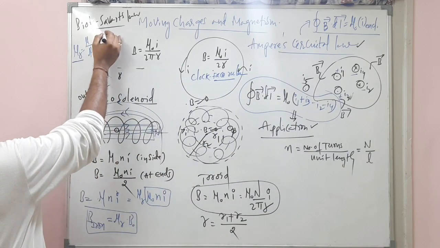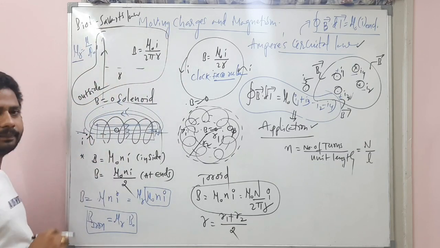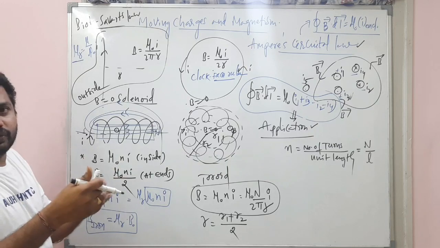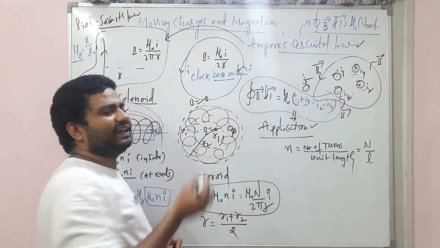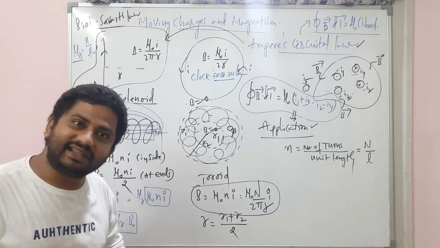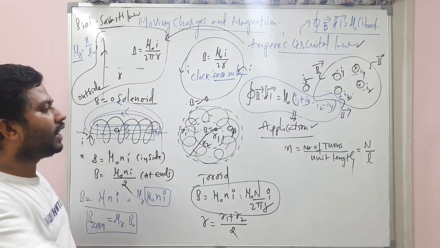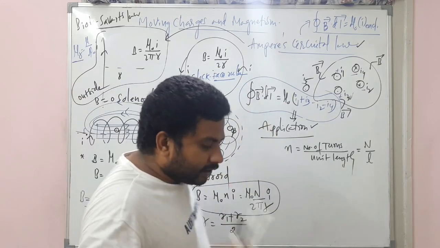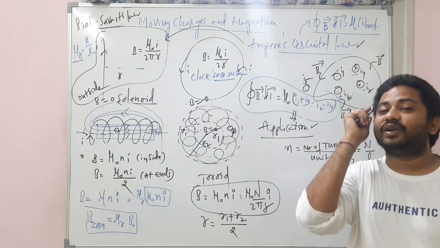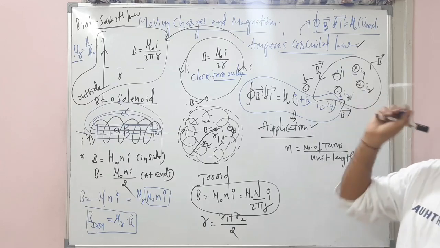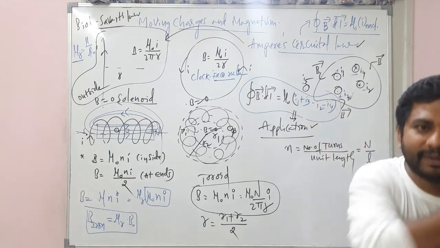Now, look at this. This is the expression we have discussed by using Biot-Savart law. Not only through the Biot-Savart law, from the Ampere circuital law also you can derive this. That is there in your notebook. You just have a look at it from the entrance point of view, and this is very important. If you are lucky enough, from this slide itself there will be a concept, from this slide itself there will be a question in your NEET exam or CET exam, right? So get ready, my dear students.